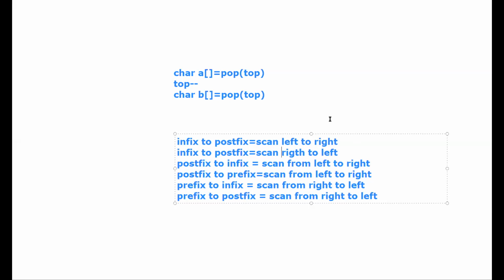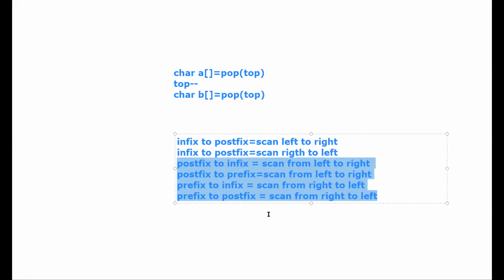Only these first two involve something complicated: you are looking for the precedence or priority of the operator. In these first two scenarios, you are pushing the operator to the stack. In the last four conversions, you are pushing the operand to the stack.